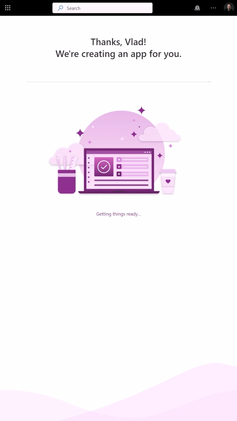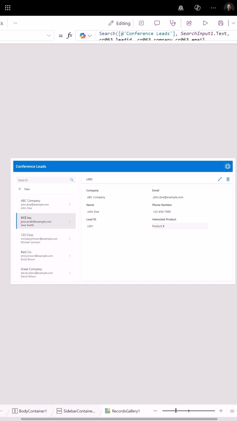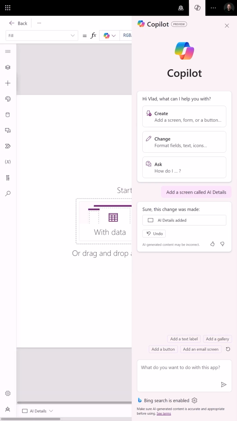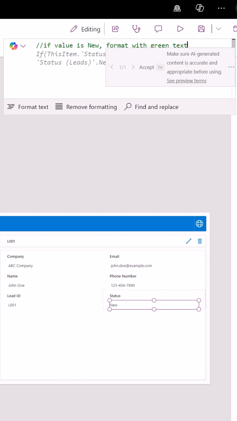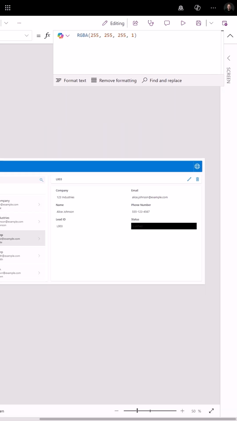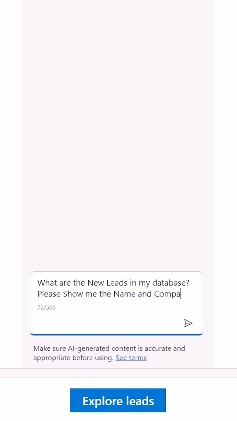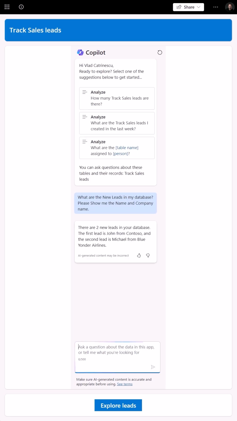Copilot in Power Apps can help you create your app. It can help you add components and screens. It can help you create conditional formatting in your app, and it can help you add artificial intelligence to your applications. Oh, awesome! Now,